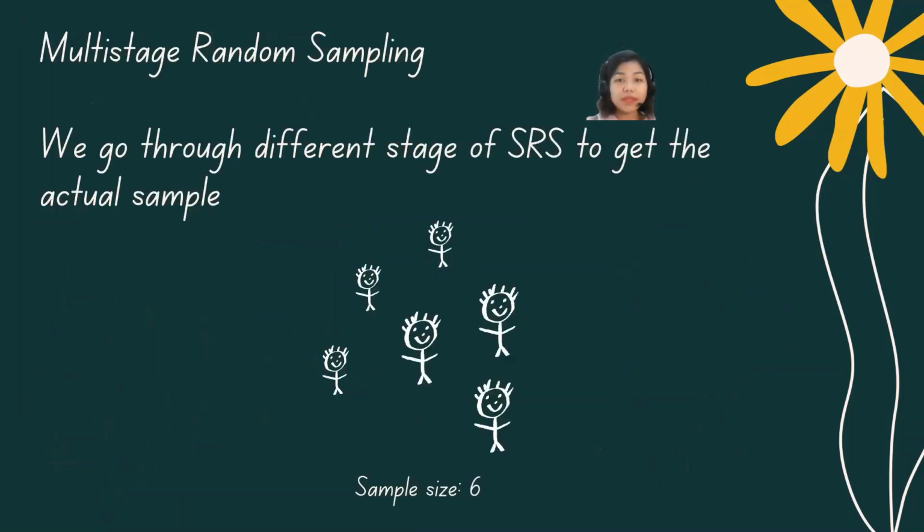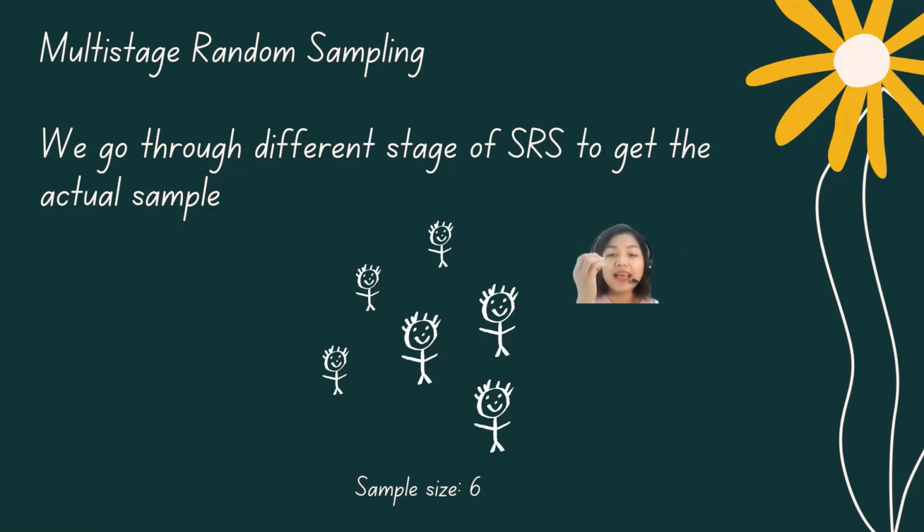Again po, repeat po tayo. In multi-stage random sampling, we go through different stages of SRS to get the actual sample. Kung meron po tayong 5 groups, para mas malinaw. Sa 5, kailangan natin pumili ng isa. Okay? So, pipili tayo, kunwari, ilagay natin ang list sa isang hat. Tapos yung nabunot natin ay 3. Ibig sabihin, yung 1, 2, 4, at 5, hindi na sila kasali. Si 3 lang. So, dahil si 3 ang kasali, gagawa na naman po tayo ng another round ng simple random